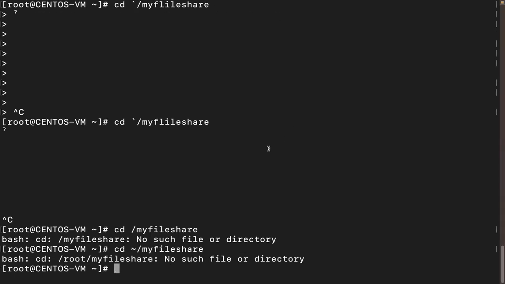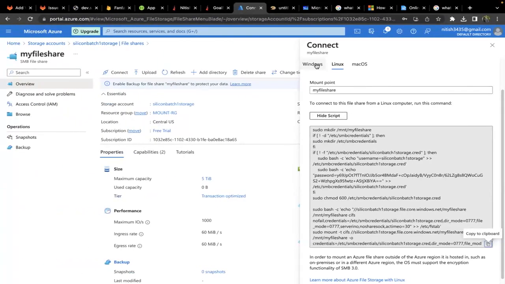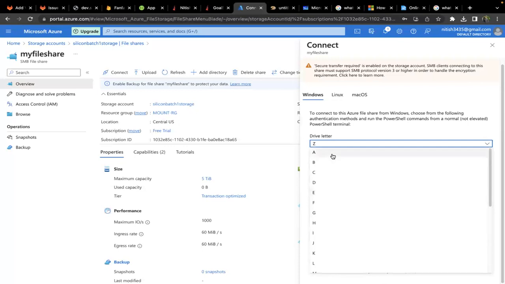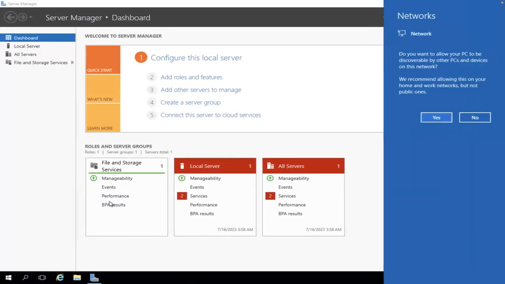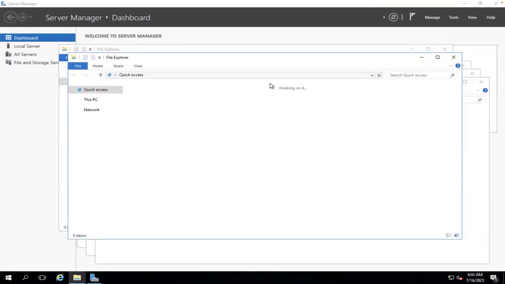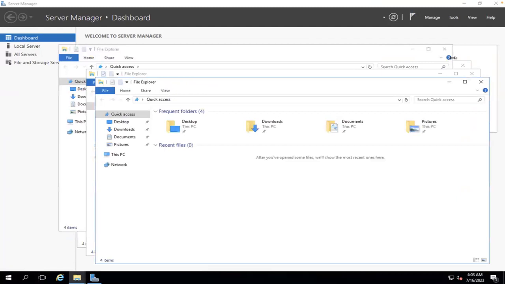ये माई फाइल शेयर इस बना नहीं। अच्छा, लेट्स सी फॉर द विंडोज। विंडोज पे क्या होगा? जो ड्राइव लेटर होगा ना, जैसे कि हमारा यहाँ पे, वी गो टू द... क्लिक ऑन दिस वन। सारे खुल गए।